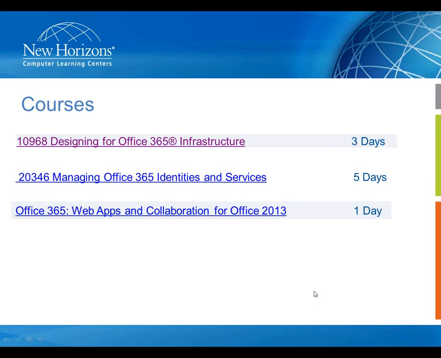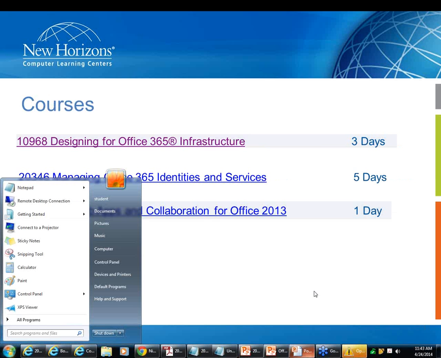I think it'll be very beneficial to you as far as how Office 365 works. It is something that end users can leverage, and also administrators can leverage to control the end users. And it's designed to be a cloud product available anywhere from any device at any time. And if you guys want some training, here are your links. Otherwise, I said this presentation would be about 45 minutes to an hour.